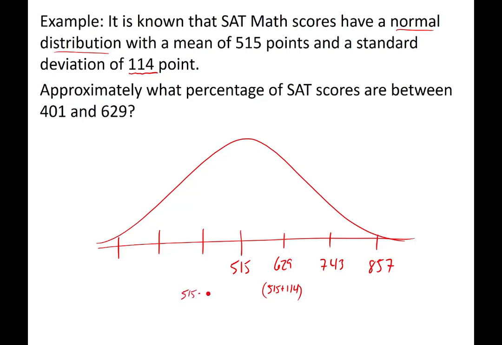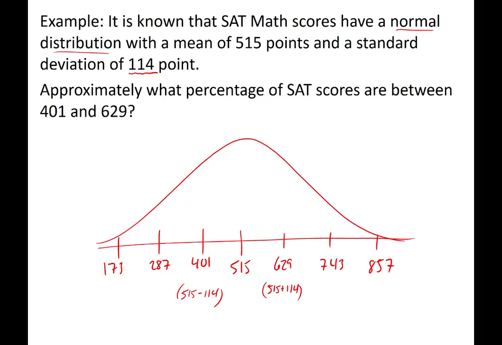And then you go down. If you go down 114, 515 minus 114 is 401. Go down another 114, that takes you down to 287. Go down another 114, that takes you down to 173. So the empirical rule, when you draw the picture,